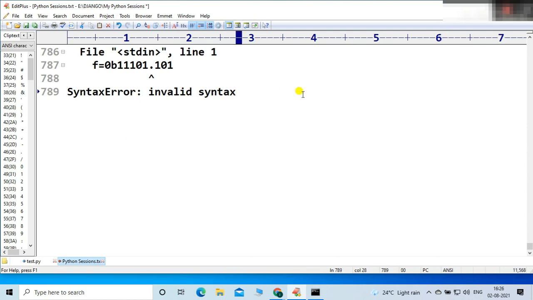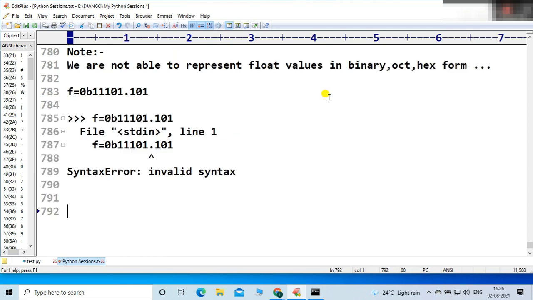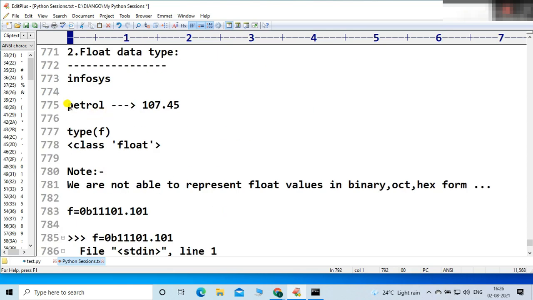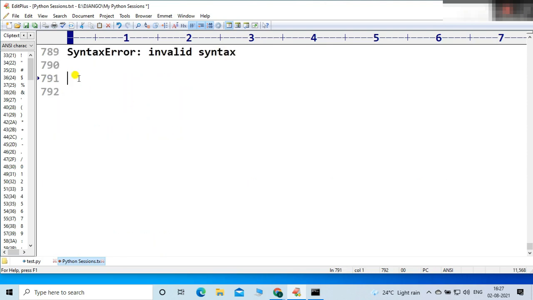Again, one thing I want to tell you, friends, a very simple thing. The float data type is used for scientific applications also, to represent your stock value, or the petrol or diesel or commodity related value. You can use the float data type, definitely we have to use it, in scientific applications.